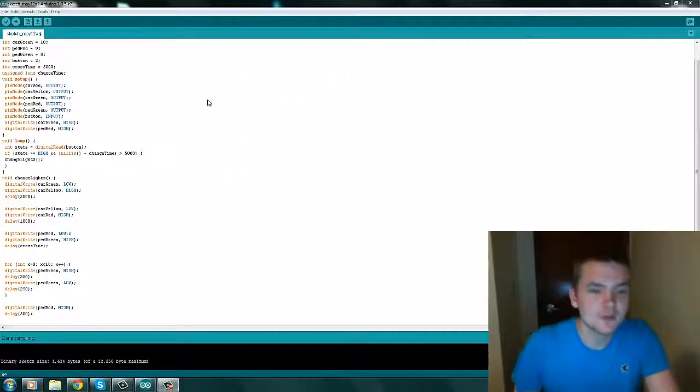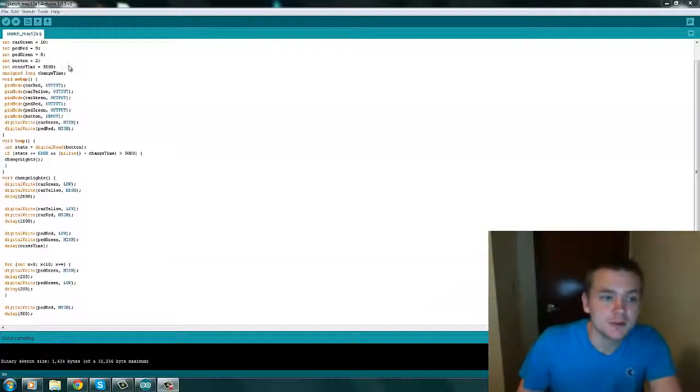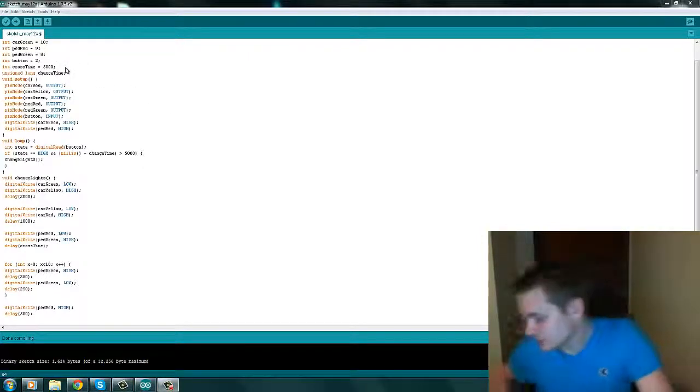Alright, so first let's go over the code. As you can see, first we are initiating all the pins, the LED pins and the button pins right here, and the delay right here. That's what you want to do always when you're building code for Arduino. Keep it very, very clean, and you won't get any errors, or if you do, you'll be able to find them. So first, initialize everything you have